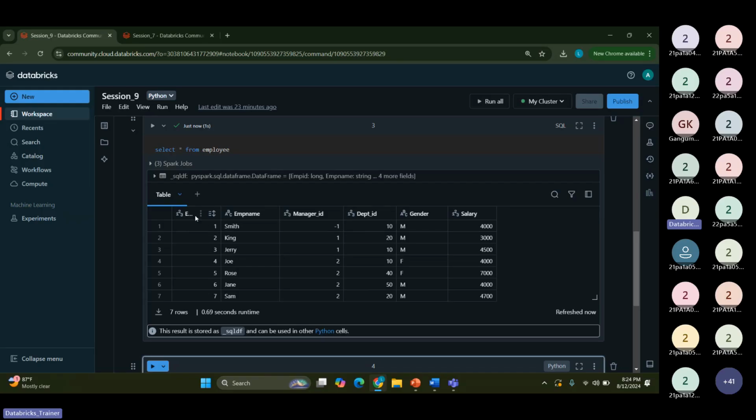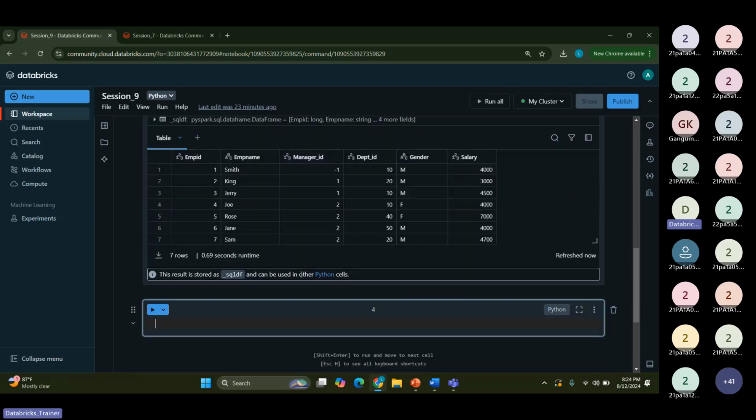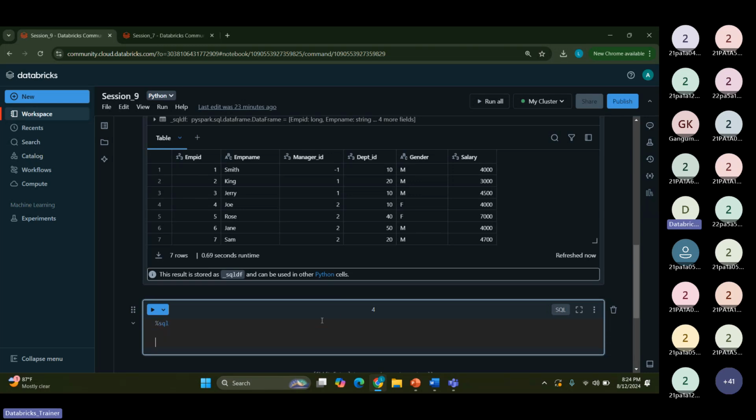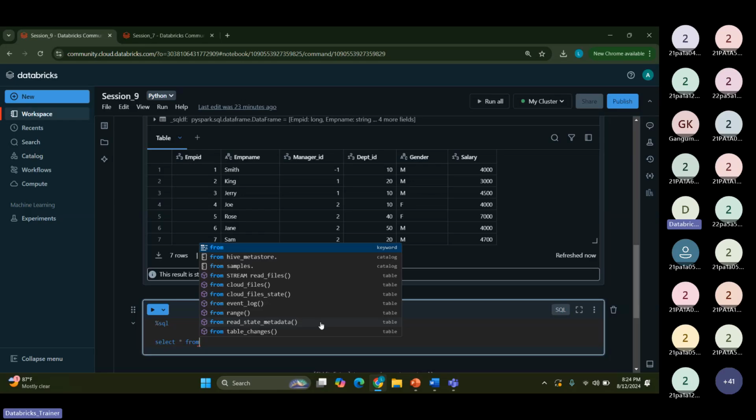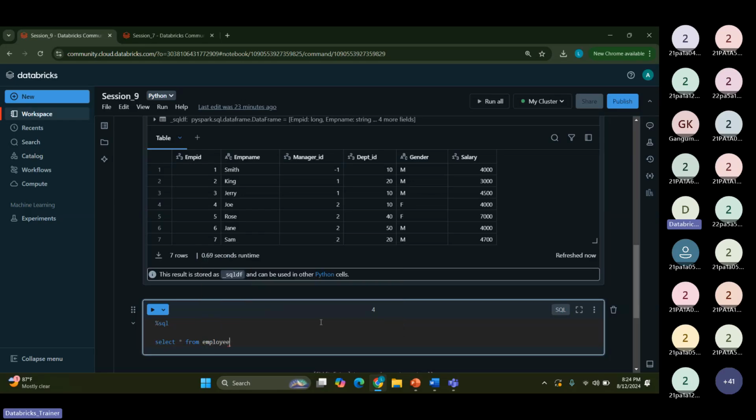So here we have employee ID, employee name, manager ID, department ID, gender and salary. Correct. So let me add one more column for this employee table, which is an email ID. How can we add a column? Let me give a magic parameter and select star from employee,